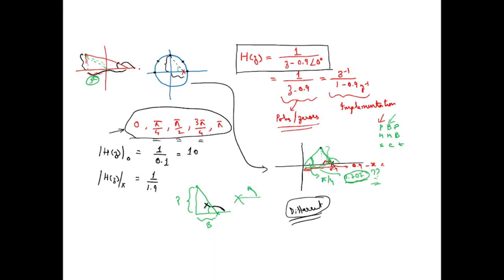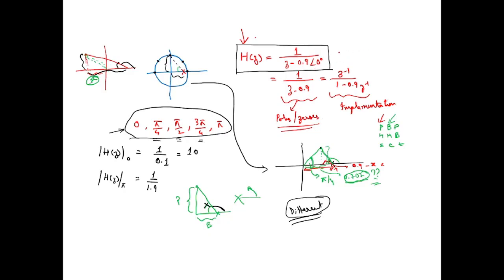Good evening. Today we will be starting with how to find out the filter response of a given filter when we are placing a pole or a zero into the system. Say, for example, we are provided with this transfer function H(z) is equal to 1 by z minus 0.9